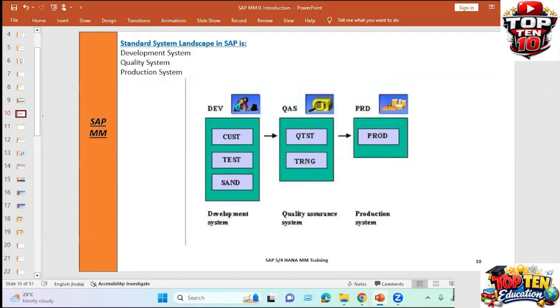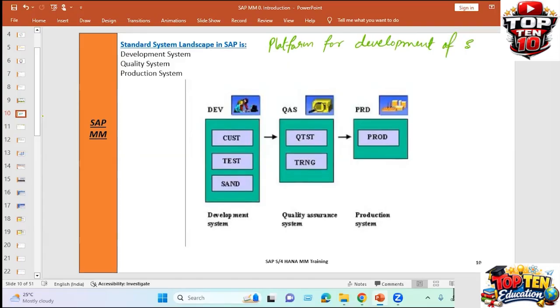Standard system landscape in SAP. So landscape, or system landscape, is the platform for the development of SAP applications. It starts with the development, then it goes through the quality, and after that it goes through